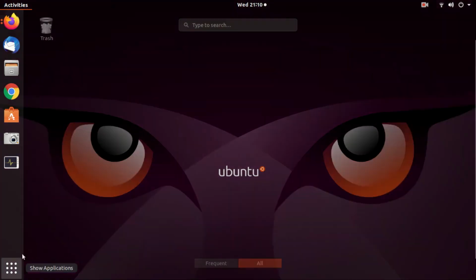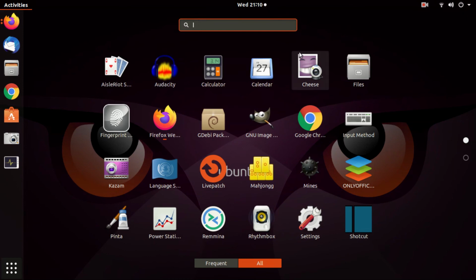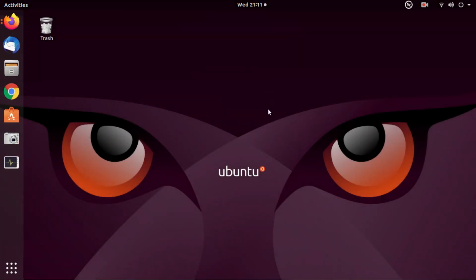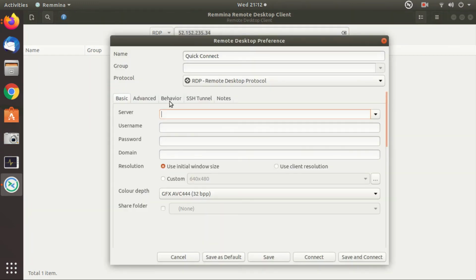To hide my subscription and other details, I have blurred it. Now we'll go to Remmina. It is remote desktop software, which is by default in Ubuntu, and I'll give the IP, username and password. I'll shut down this VM and this subscription, so I think showing you the IP should not be a problem.